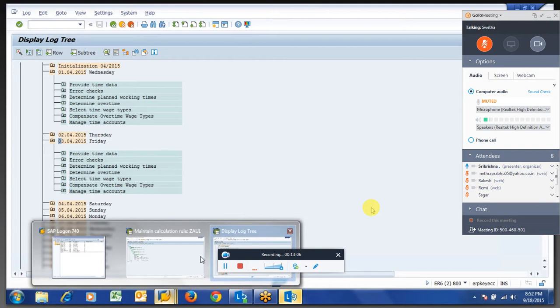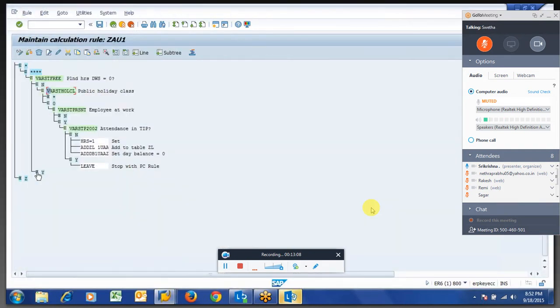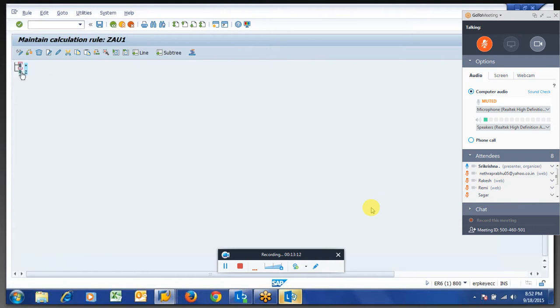First we are checking if it is a free day. Then if it is not a free day, we are checking the holiday class. Yes, I forgot about that. So if it is not free and the holiday class is any one of them, it's a holiday, then we are checking the employee's previous day. If the previous day is unauthorized absence, we are taking it. But this is completely not correct, right?